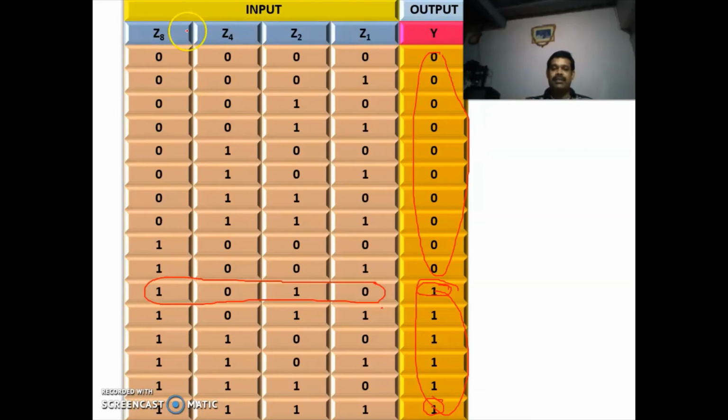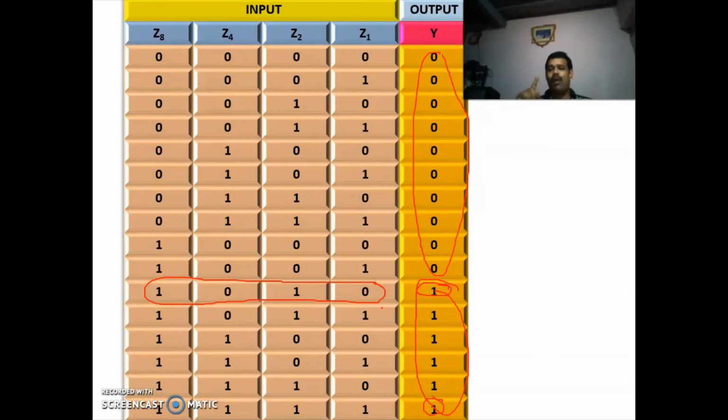So what we are doing first is having 4 inputs, and using them we write from 0 to 15. Then in the output, from 10 to 15 we put 1. The meaning is that the output of our circuit will be 1 if it gets a number greater than 9. From 0 to 9 we put 0. So here the number of inputs is 4 and the number of outputs is 1.